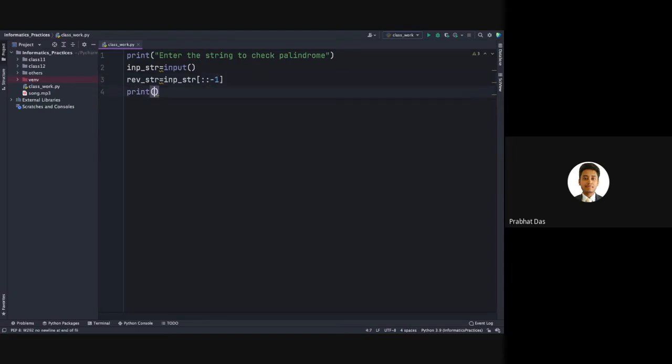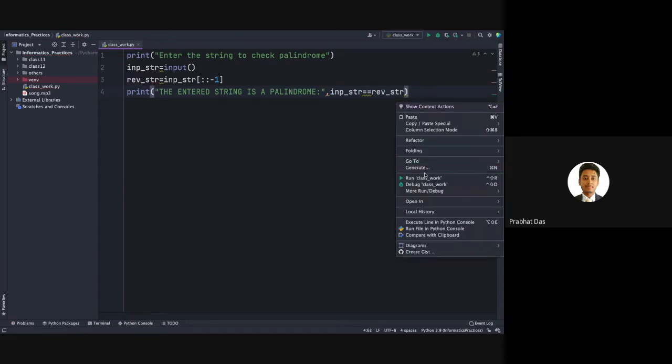Here within double quotes we'll pass the message.